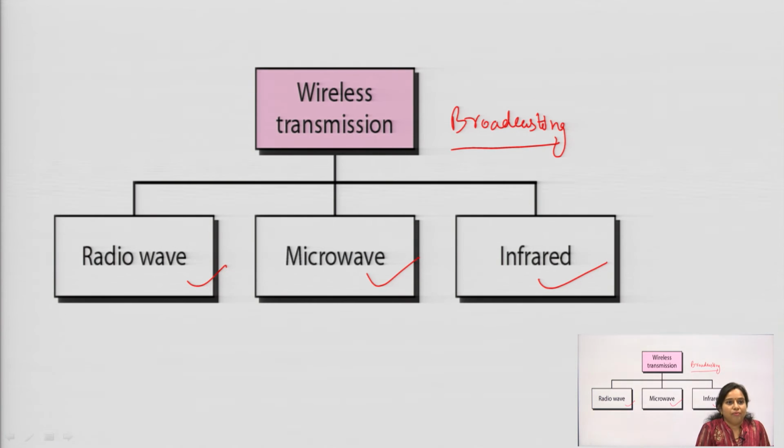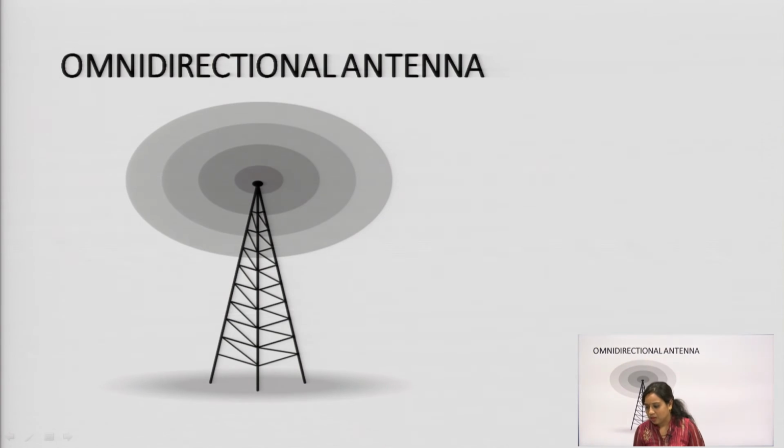In case of the radio wave frequency range, whenever communication takes place through wireless transmission and the data is transferred in the range of radio waves, it is known as radio wave propagation. Whenever the frequency is greater than 1 gigahertz, it is known as microwave frequency range, and this is related to the infrared case.